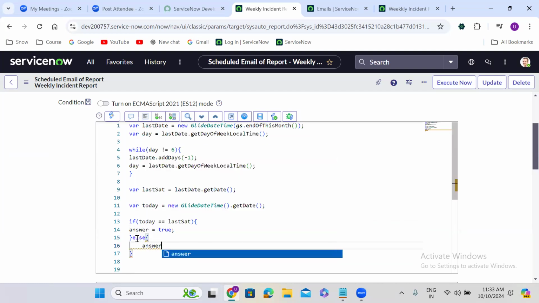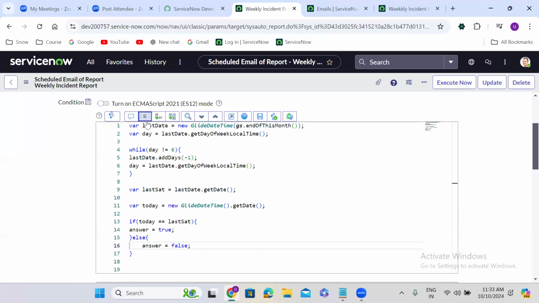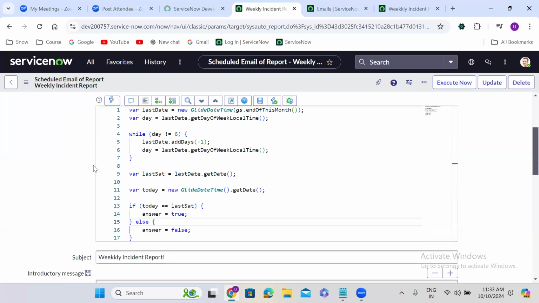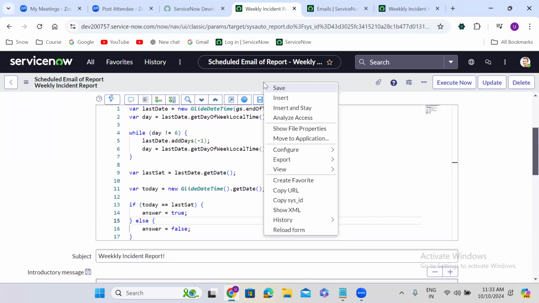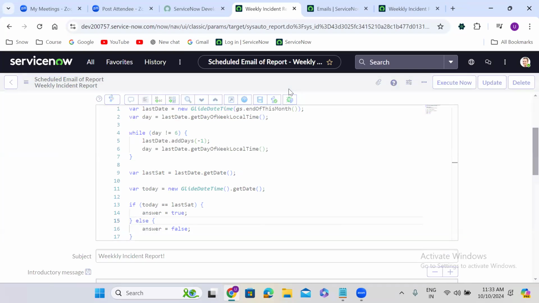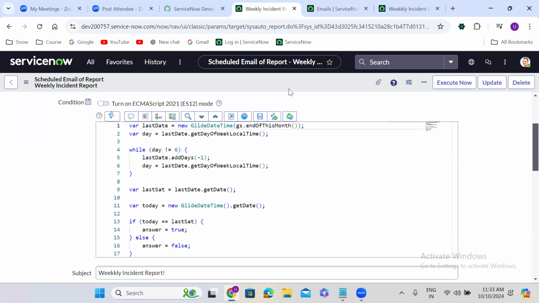Else answer is equal to false. Okay. So we'll try to execute this one, guys,